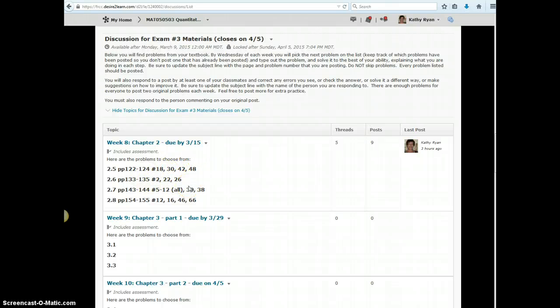In earlier discussions, I think I had too many problems listed and we didn't get through all of them. I'm hoping that by the end of this week we will have covered all of these problems. There aren't that many, and they should be able to be covered if everyone's participating. What I do, and I guess I'll show you exactly what it looks like,